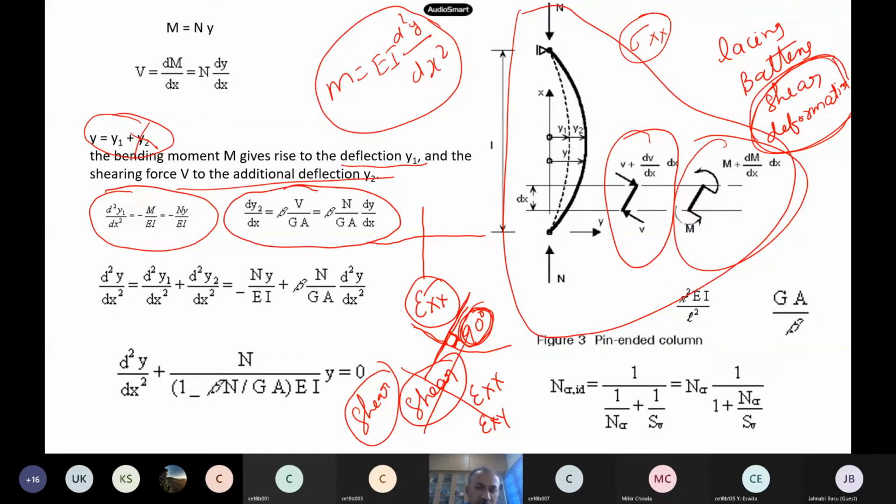Any of you remember how we introduce shear deformation? What are the alternative theories to Euler-Bernoulli beam theory? In mechanics you have studied only pure bending, Euler-Bernoulli beam theory. Do you have any other beam theories where shear deformation also gets included? Have you heard some more beam theory names?